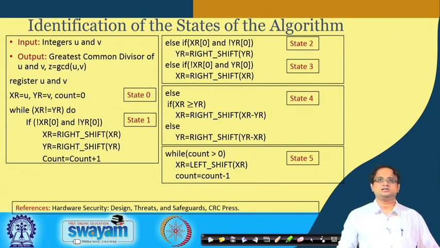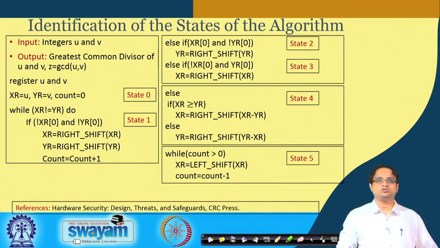Okay. So this is a sequential design. We can understand that it is a sequential design. It does the computations not like a combinational design in one shot, but over several iterations. Okay. So the first thing that we try to do is write the code in a format which is like an HDL language, something like Verilog or VHDL, but it's not exactly an HDL depiction of the algorithm.